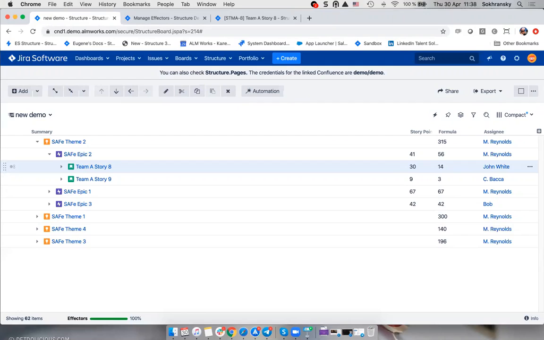Okay. Next question, someone's asking whether or not effectors can be run on a schedule instead of manually. Good question. We actually considered that option. Again, mostly for performance reasons, we decided not to go there, at least right now. We'll see how things work out, how people will start using them. We do have plans for integrating with automation for Jira. And that's probably going to be the best way to do it, because you'll be able to build more complex rules, but also you'll be able to do something like